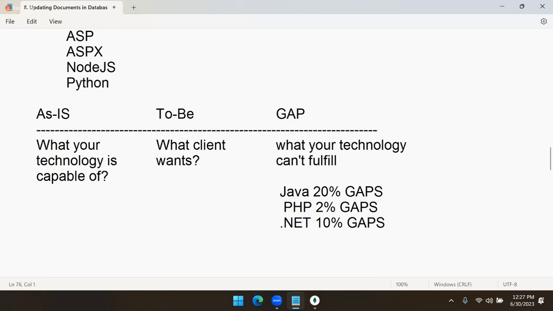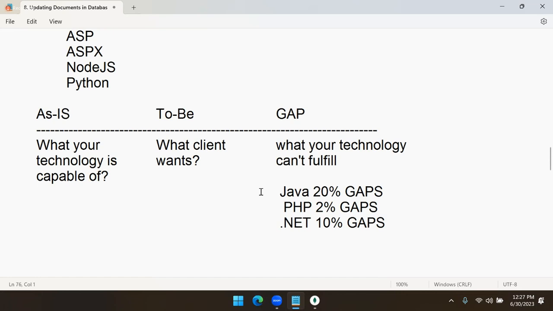Now you ask the .NET people, why haven't you learned? Then they will say that in .NET, we don't have any such library. That means their technology is not suitable for building supermarket apps. That means their technology can build some, but some gaps are there. How do they fulfill the gaps? By depending on third parties, which I showed you, like grid, like calendar, like barcode, from where we borrowed it